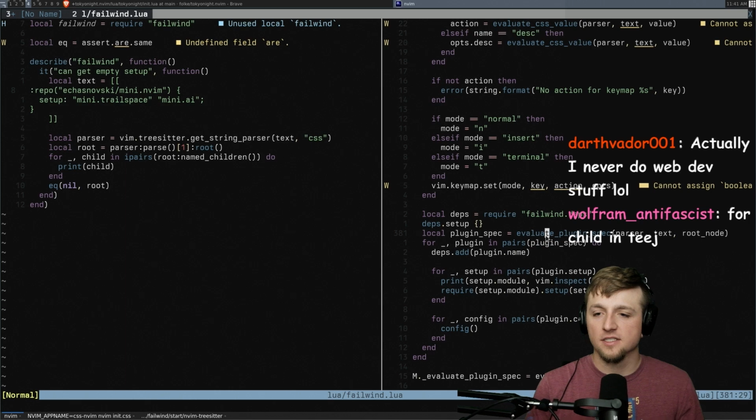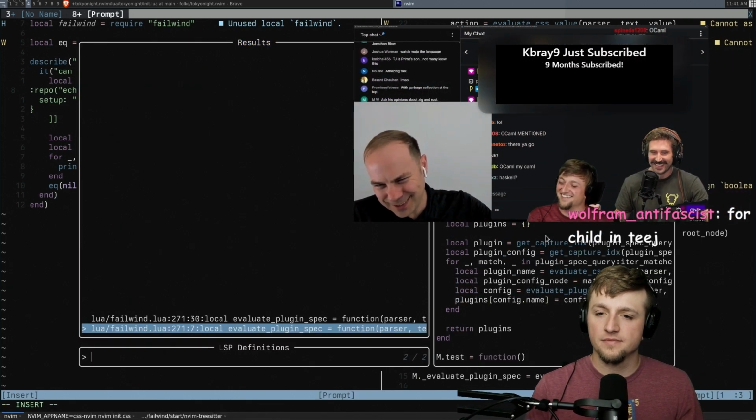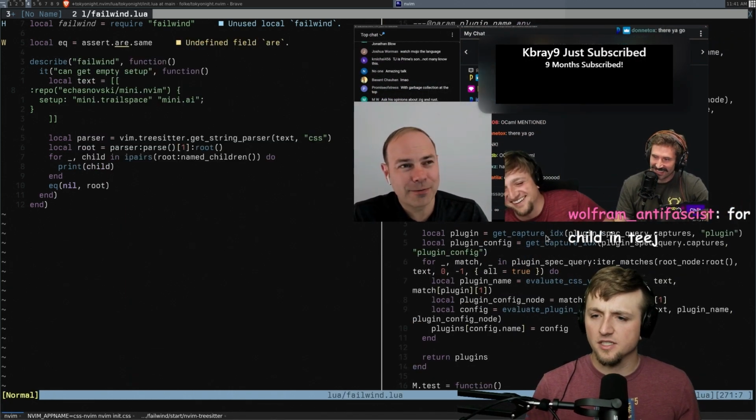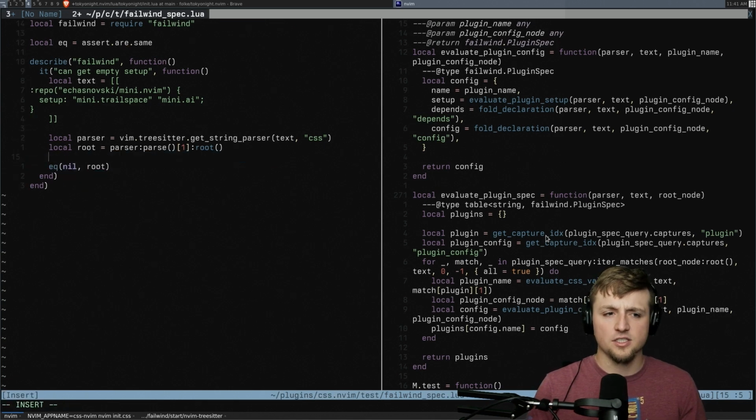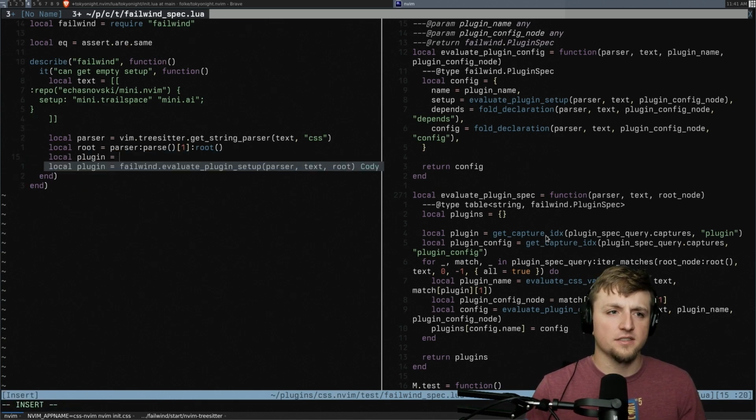Evaluate plugin stack. This is from recursive, like here. Okay, capture actually my plugin. Iter matches root node root. Okay. Yeah, okay. Well, let's just see then, shall we? Let's just go local plugin is